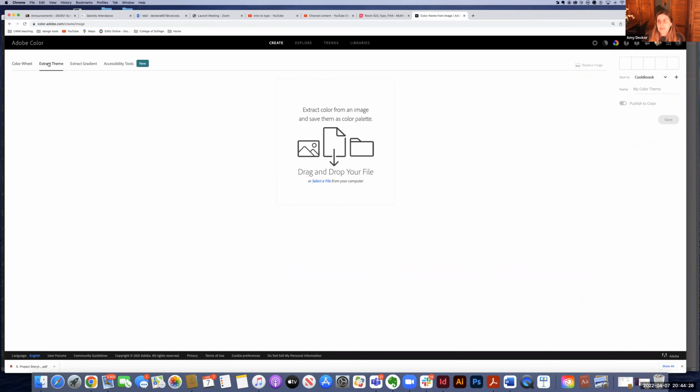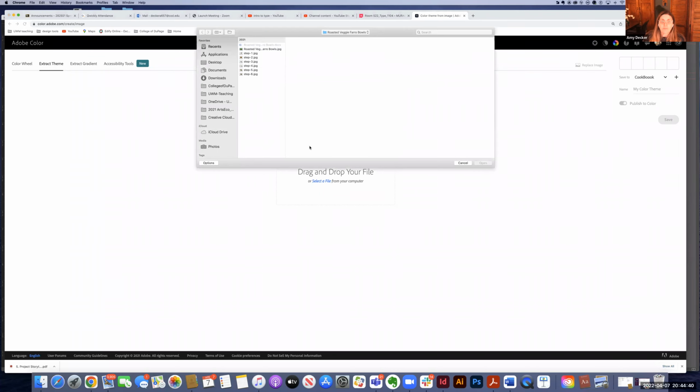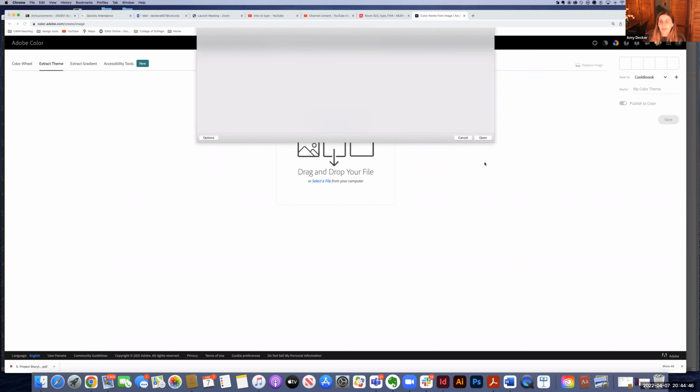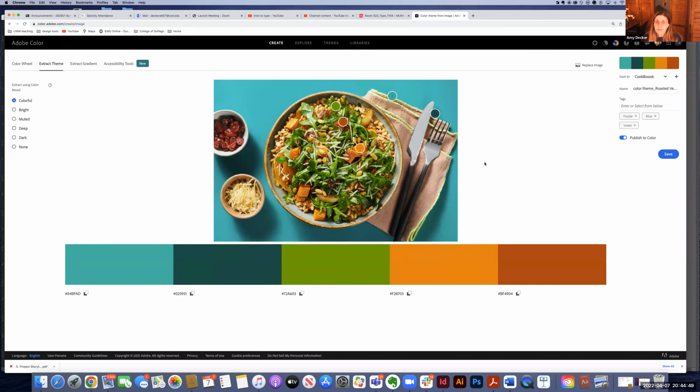But you might be really inspired by one of your cookbook images. So you can go into this extract theme tab and select a file from your computer, one from your recipes that you received, and put that in. So here's an example of pulling one of my recipe files in. And then it's giving me even more choices. So this is a picture from the recipe file. These are the colors it's pulling for colorful. These are the colors it's pulling for bright. These are the colors it's pulling for muted, deep,